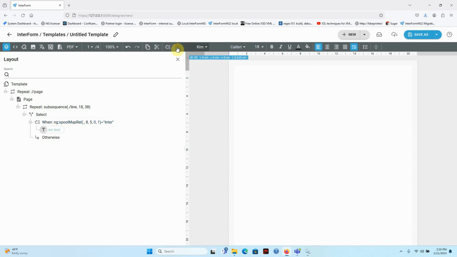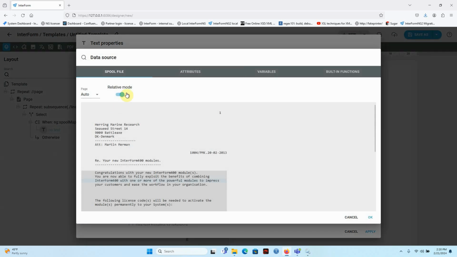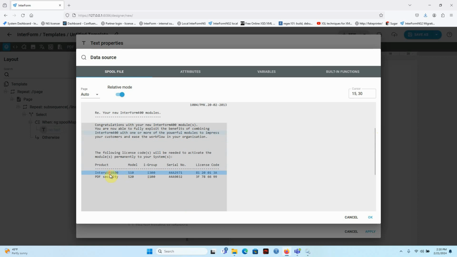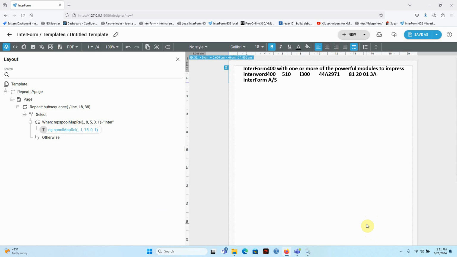So let's do that. Add a text expression. We're still in relative mode. We still have this line because we're within the condition, so this is still our reference line. Here I could have chosen to add a lot of mappings for each of the columns, but let's do it a bit quick here and just add one mapping for the complete line. And click OK and select a bold font, so this line will be bold if we find the text enter in the beginning. So here we have the lines of the spool file in the section that we have selected where the text